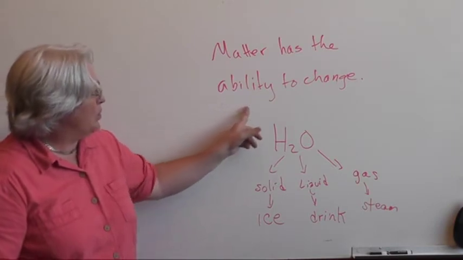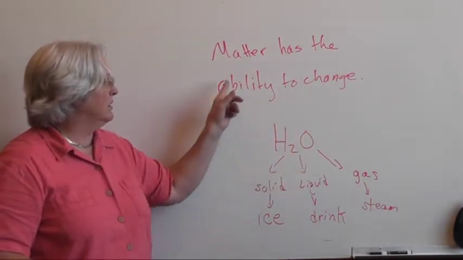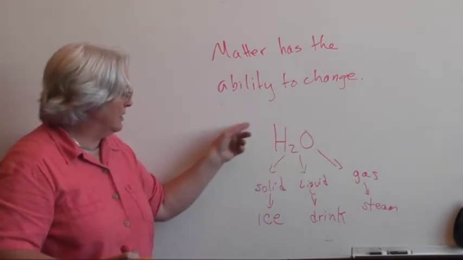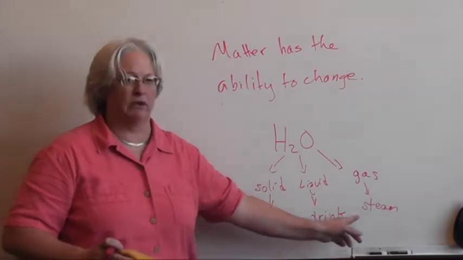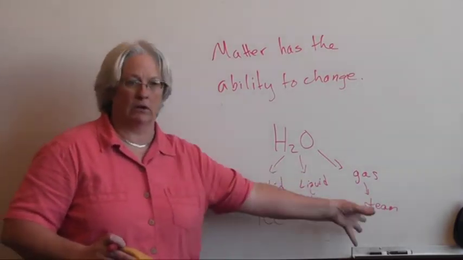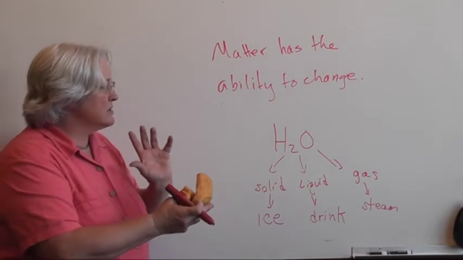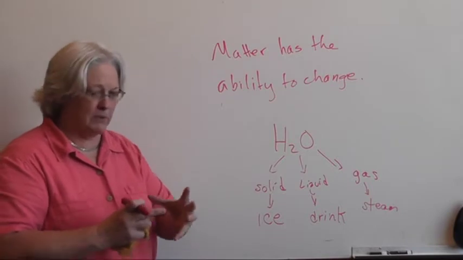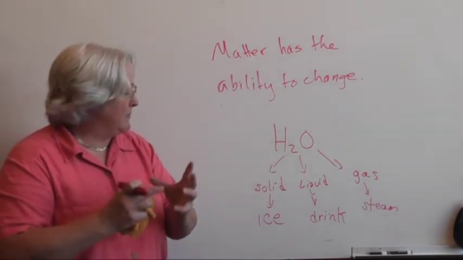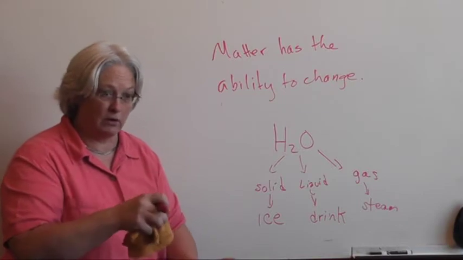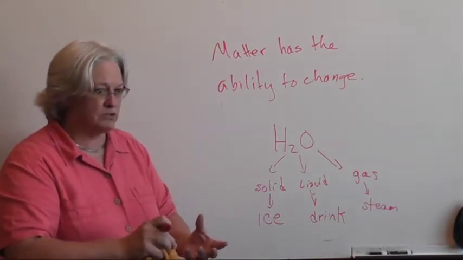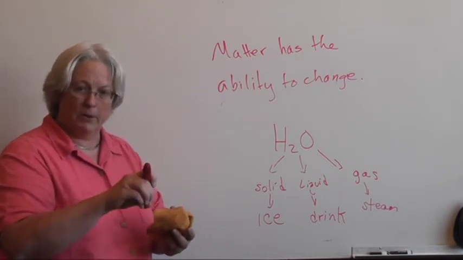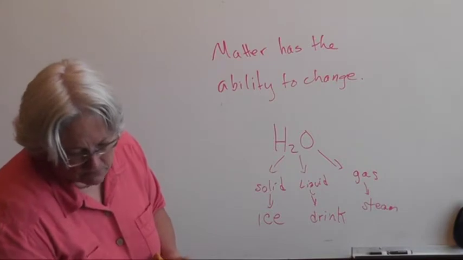But this is one chemical compound. It's matter because it takes up space, it has volume. It's one chemical compound that can exist in 3 different states. It can be a solid, a liquid, or a gas. And it can exist in those states almost simultaneously. Think about if you had a big block of ice and you put it in a pan on the stove and you turn it on and it starts to melt. Maybe you've got some water in there, you've still got some ice in there, and maybe you're seeing some steam coming up off of it at the same time.